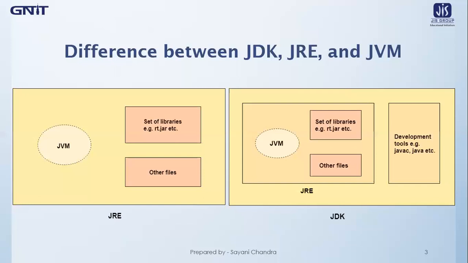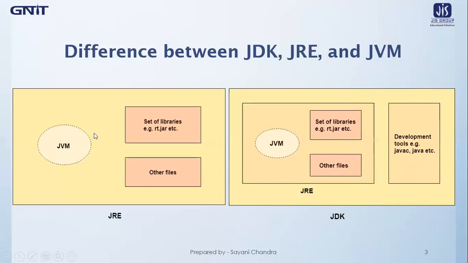The JDK contains a private Java Virtual Machine or JVM and a few other resources also, like an interpreter or loader, a compiler which is javac, an archiver which is jar, a documentation generator which is javadoc, etc. These things are contained in JDK in order to complete the development of a Java application. Here in the right side picture we can see the picture of JDK or Java Development Kit. As we have just told, JDK contains the JRE and some other development tools.